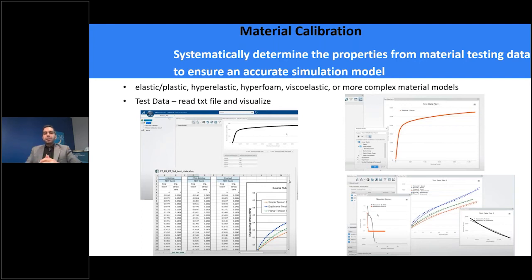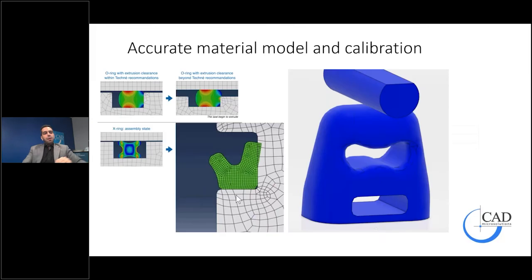I need 3 parameters, but how can I calculate those parameters from 3 pages of Excel file that is coming from the test? That's done in the background. So this is very important, and I want to encourage everybody to pay more attention to this capability of SimuliaWorks. With this type of accuracy and taking everything seriously,